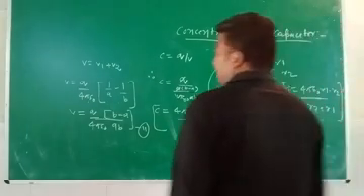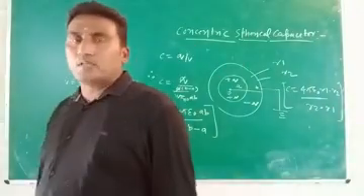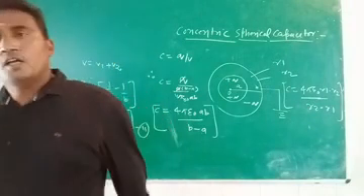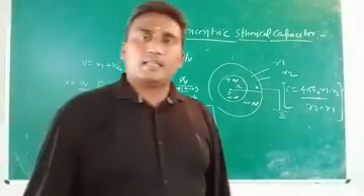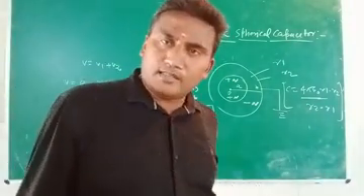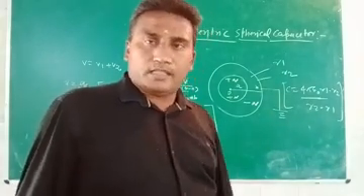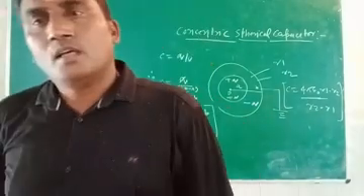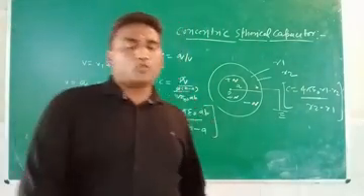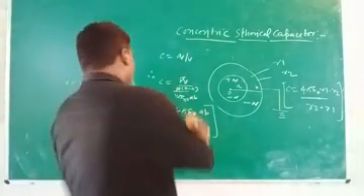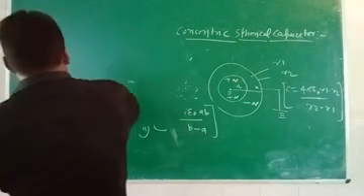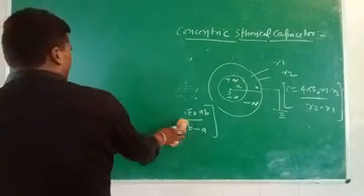That was generally the same process for the concentric spherical capacitor to identify if the radii are A and B. If the radii change to R1 and R2, then the mathematical relation changes: C is equal to 4 pi epsilon naught R1 R2 upon R2 minus R1. That was the total summary of the concentric spherical capacitor.